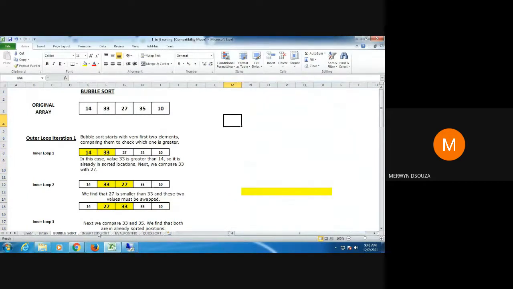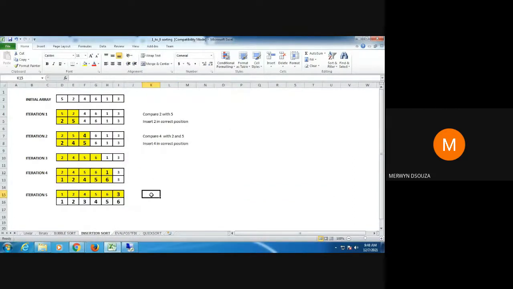So let me go to the next sorting algorithm known as insertion sort. Consider this as the initial array. If there are 6 elements, you're going to have n minus 1 iterations before